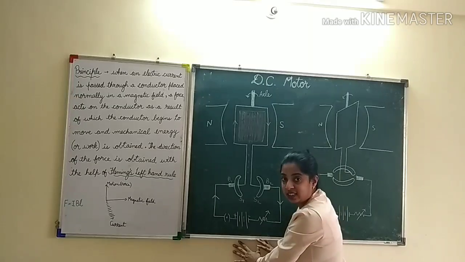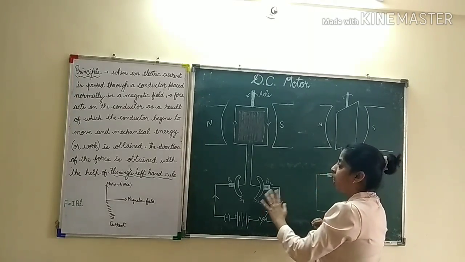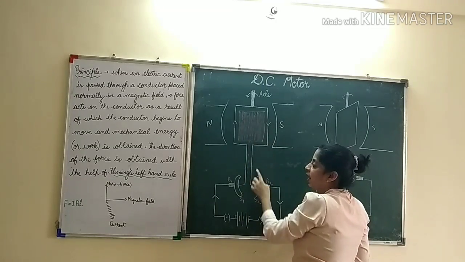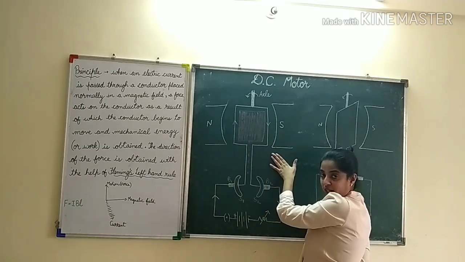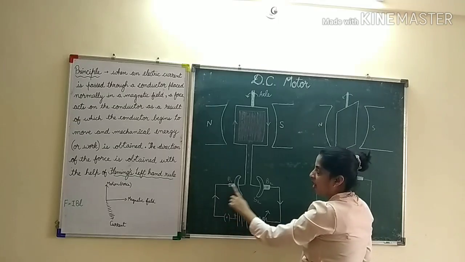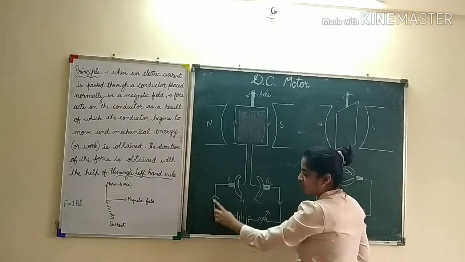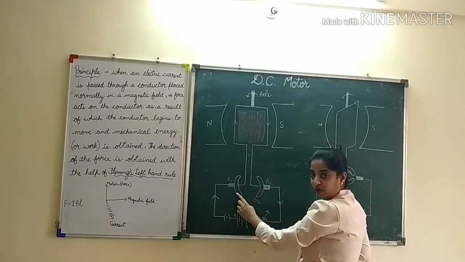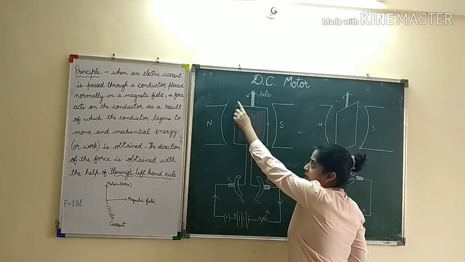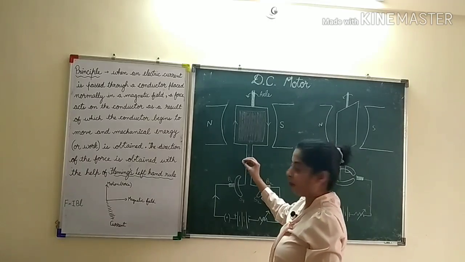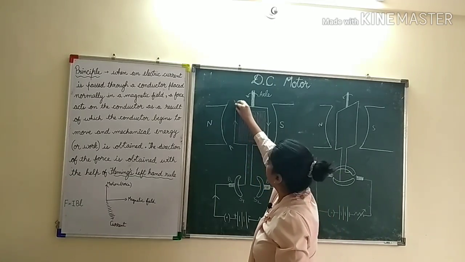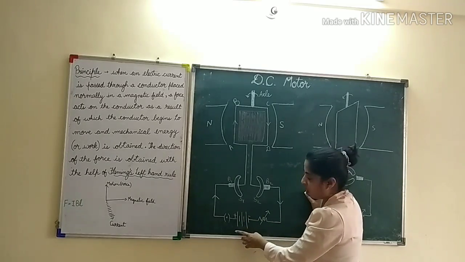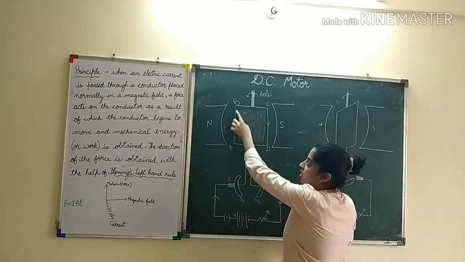Now let us understand this in detail. When this current carrying coil is placed in the magnetic field normally, and current is passed through it, it first passes through the brush. From brush it goes to the split rings. From split ring it passes to this end. So now for example, if this is A, B, C and D, since positive is here, current will pass in this direction here.